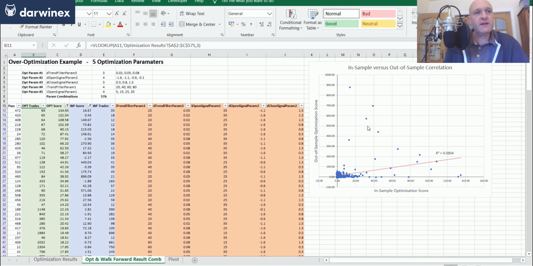Okay, so we can see the information now on the chart a lot better. Once we've taken those two away, you'll notice we have these two over here on the right hand side. Now if we were simply choosing the best parameters from the in-sample optimization, these are the two that we would be choosing, and as you can see, in relation to most of the others, these perform relatively poorly and probably wouldn't achieve great results if we traded those in our live account, because they haven't achieved great results in the